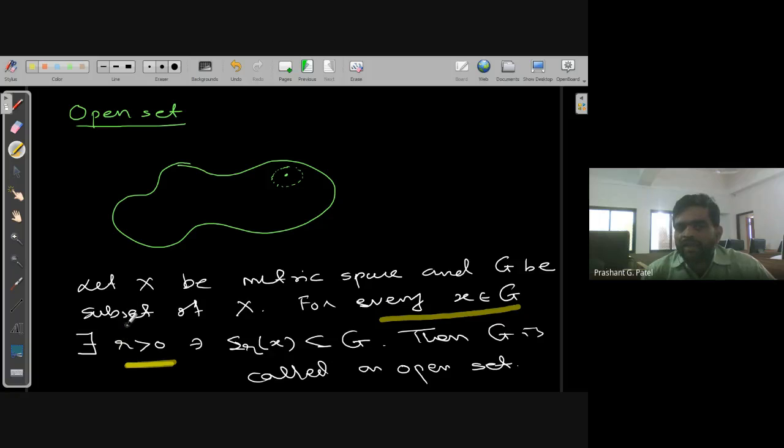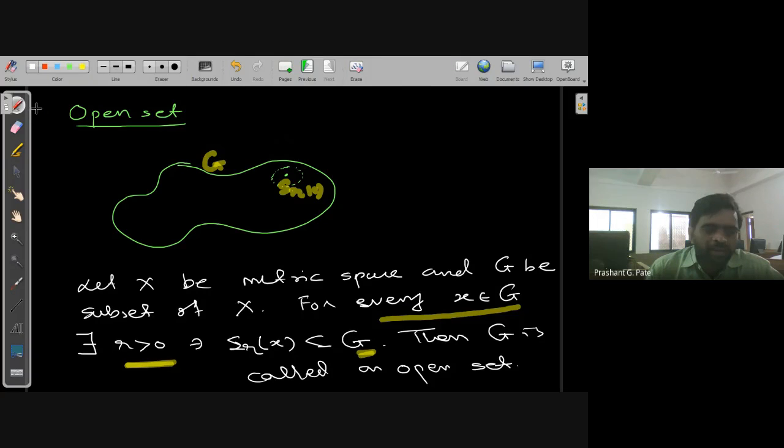That means there is at least one neighborhood that lies completely inside that set. Then that set G is called an open set. Understood? This is your set G. This is the open sphere S_r(a), which is inside that set. So this is the definition of open set.